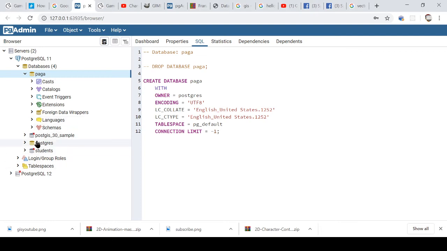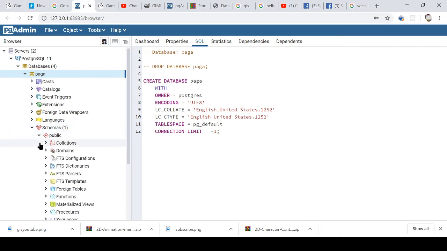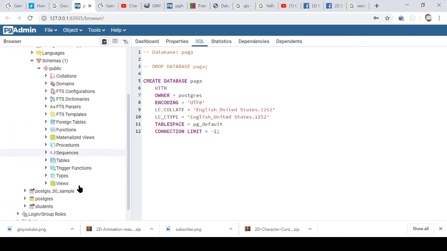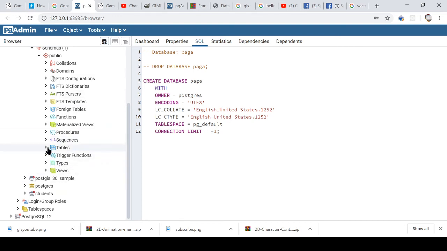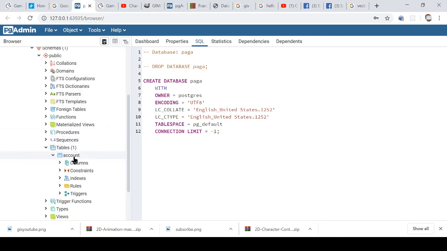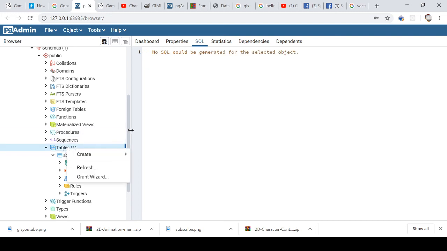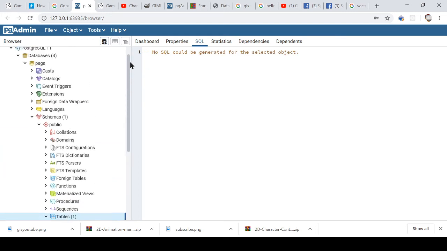Right. So here, this is your interface. We'll be doing a tutorial, but I just don't want you to be merging things. So let's go to schema. Remember, schema is a design. The design contains a whole lot that I will talk about later. But there is a table here called accounts, and we want to perform a SQL query on it.